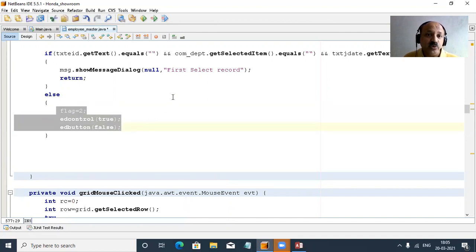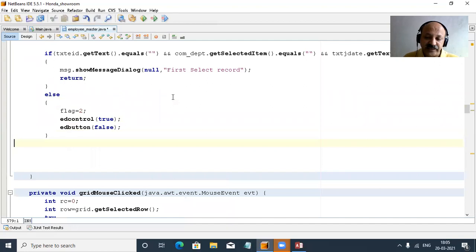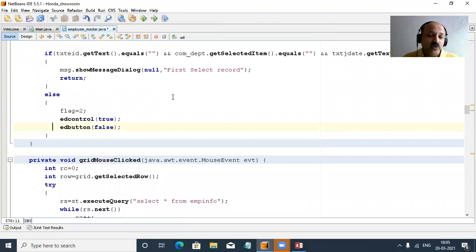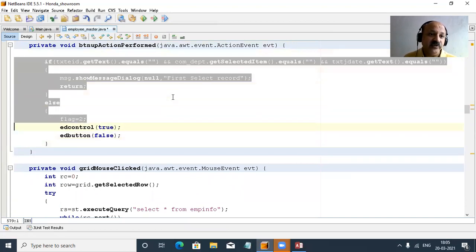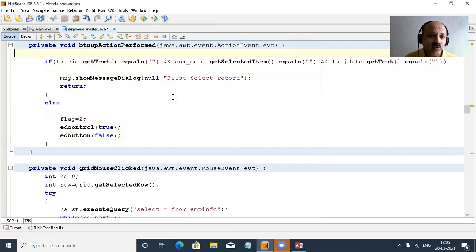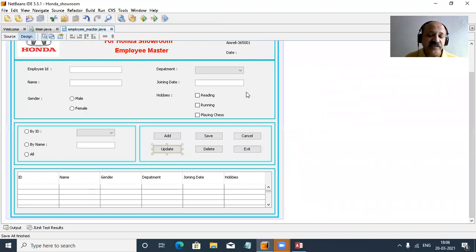That is the setup. So where we can write our update query, in my previous video I told you we can use our coding in a meaningful way, as much as possible. So that is to remove the redundancy and increase the reusability. So that is a feature of inheritance. So I again repeat this point. So yes, that is only the setup here with validation. So now we can turn to coding in the save button. That update we can just set up. And now turn to the save button.